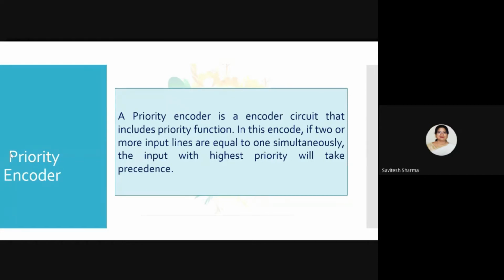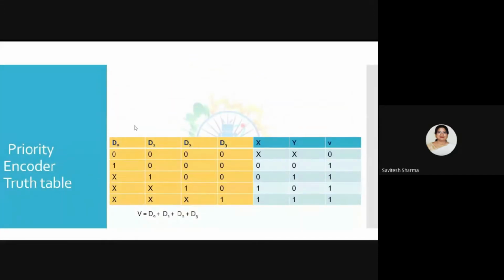So today I am going to tell you about the special encoder called the priority encoder, and how to design it. Listen carefully, some concepts you have to be very clear about. Based on the preference, see here I am showing you the truth table of the priority encoder. It is actually a 4 to 2 line encoder, which means 4 inputs.